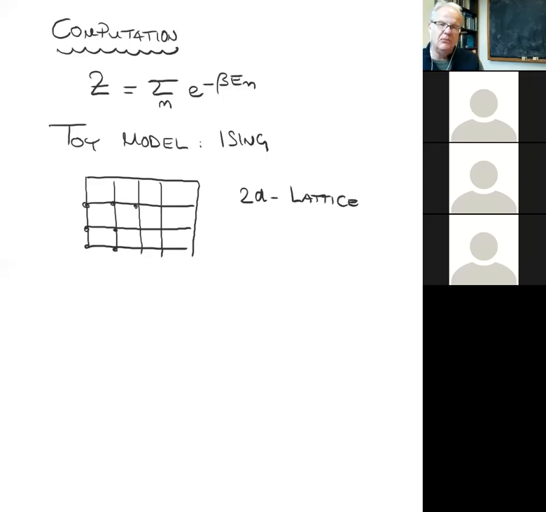And what makes this a model for a magnet is the fact that we imagine that on each of these vertices, we have spins. And we will take the simplest kind of spin. We assume that the only quantum thing about the spin is that it's discrete, so that it can either point up or down. So on every one of these vertices,